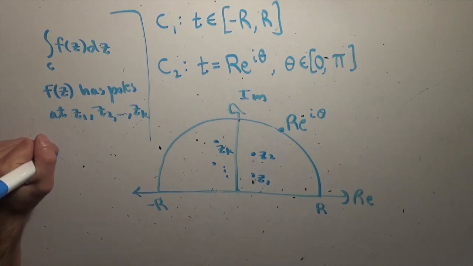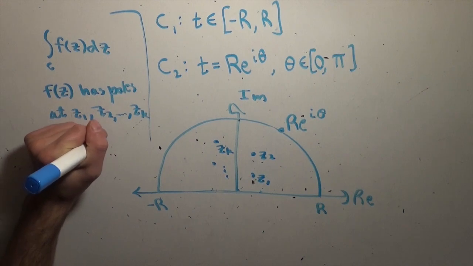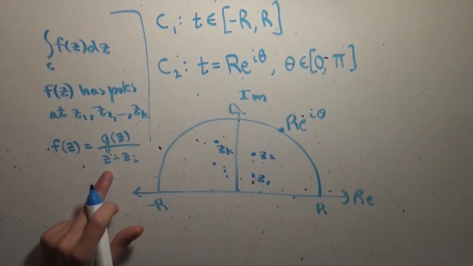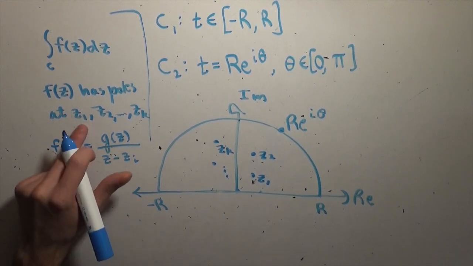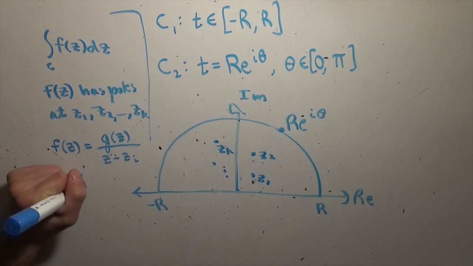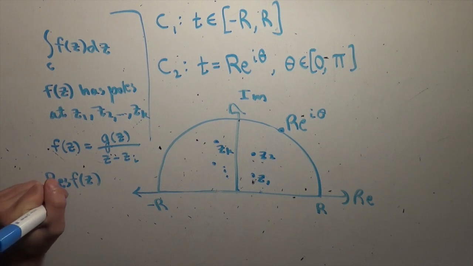So that means we can write f of z as some function g of z divided by the factor that is causing it for some zi, where i is between 1 and k, right? Then the residue, by definition, the residue of a function f of z at one of its poles, z equals, say, zi,